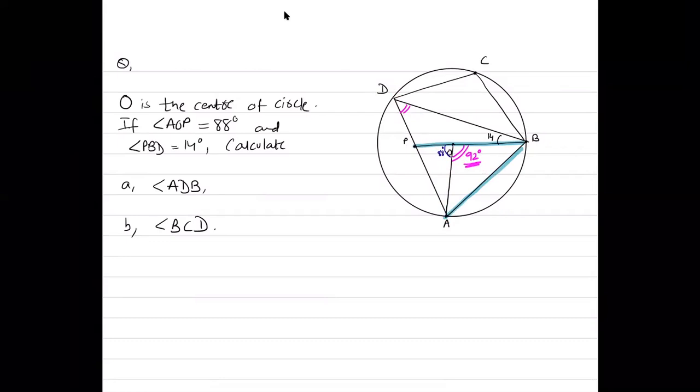Half. So 92 का half is 46। ये आंसर होगा ADB का।